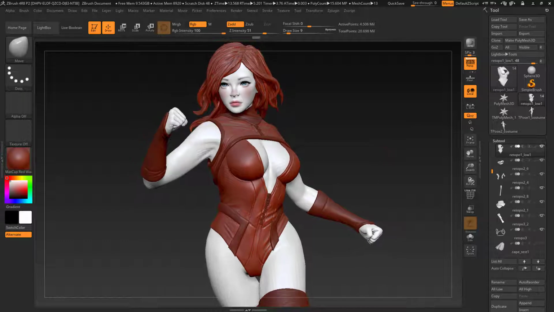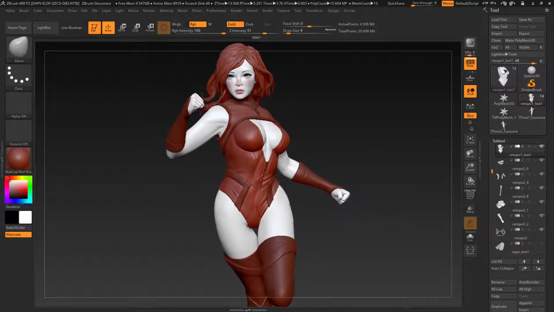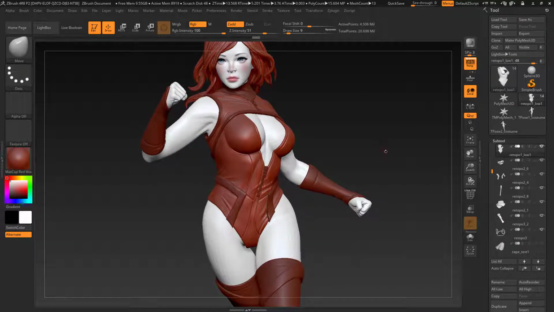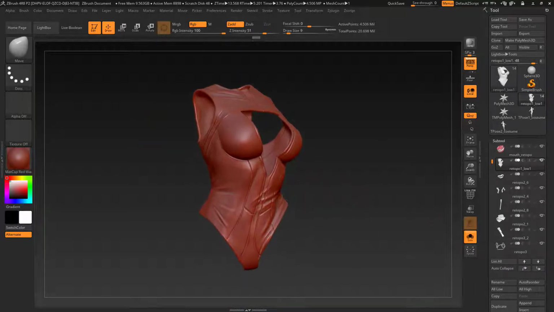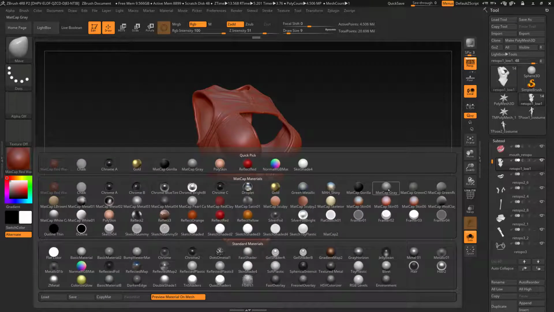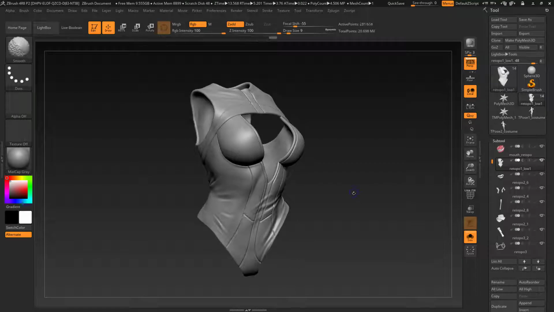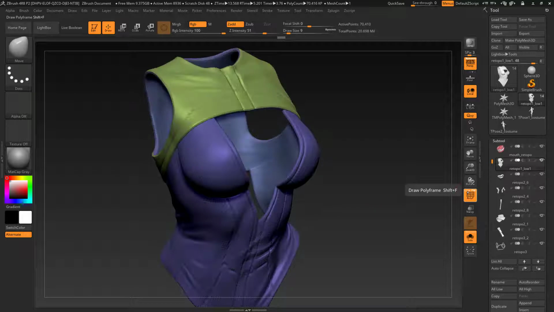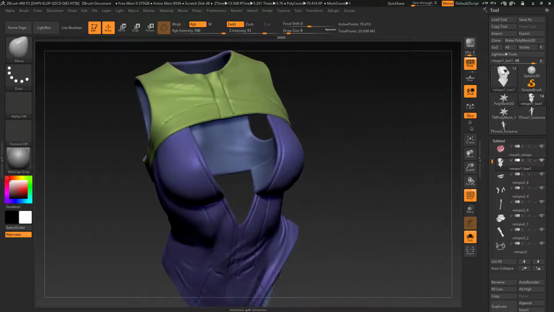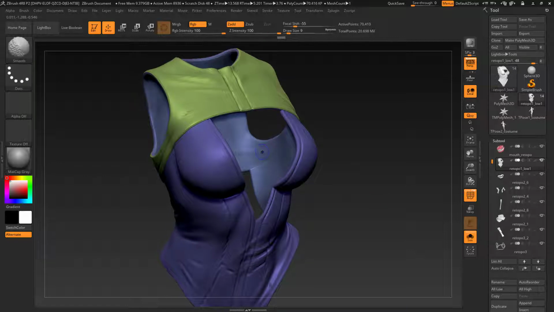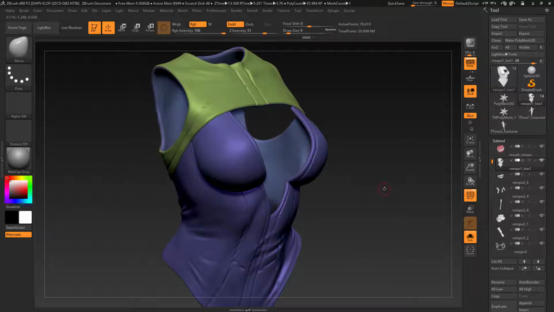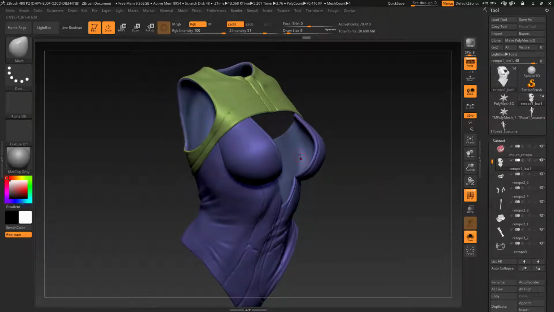Today I'm going to finish the model that I've started quite a long time ago at this point. And to do that I'm going to add the final details on the costumes. And as you can see, if I switch to Matcap Gray and go to my poly group, inside, it might be difficult to see, but the inside is a different polygroup compared to the outside. So I'm gonna use this to do my selections,